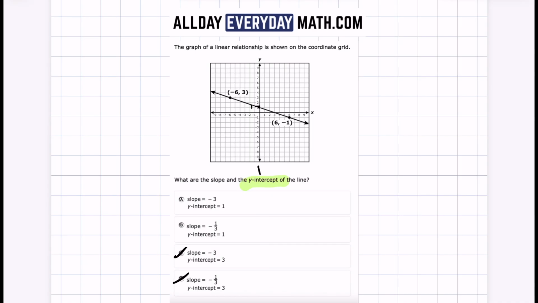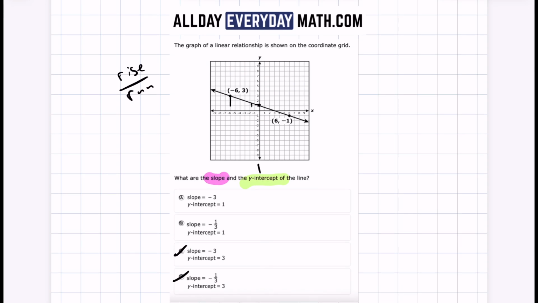Next, we're going to look at slope. And so slope on this graph is just going to be rise over run. And so I'm going to pick 2 points on our graph and make a right triangle. And so we can see on our triangle, this side is 2, and this side is 1, 2, 3, 4,